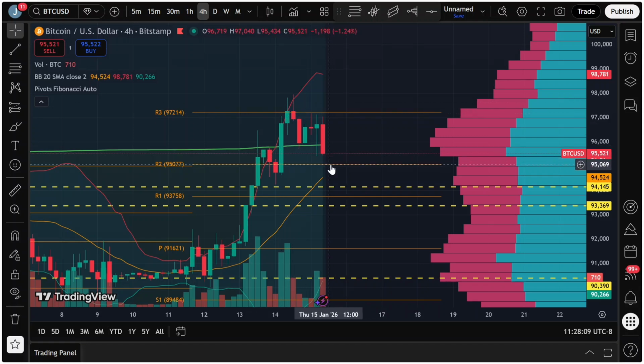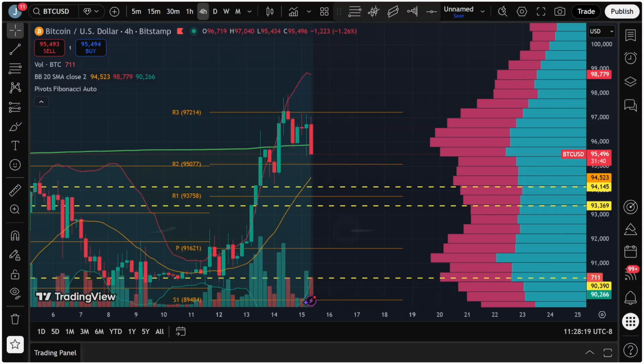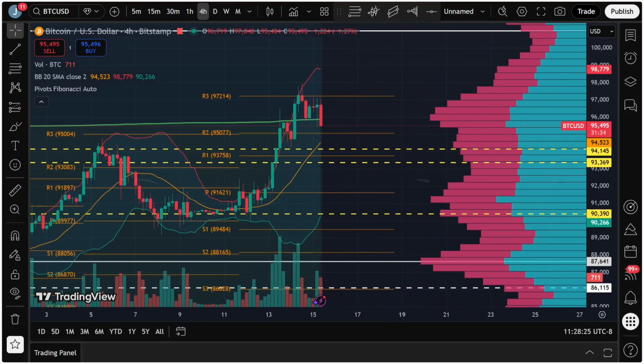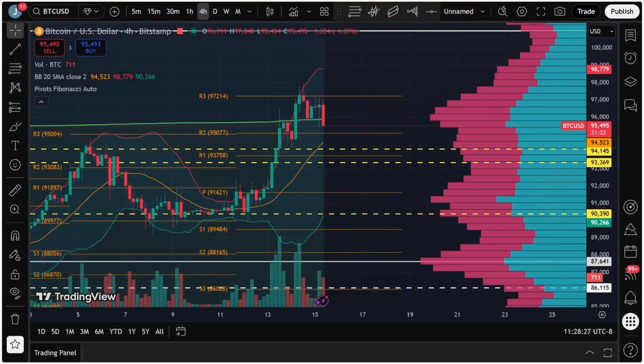So it's very likely that we're going to consolidate down here at 95 and then bounce back up, possibly even as low as 94.5 for the 4-hour SMA. Though again, the 4-hour SMA looks okay at the moment, still in an uptrend. We're not really going to talk that much about Bitcoin in this video. I'll talk more about Bitcoin in Sunday and Monday's videos, so make sure that you are subscribed so you see